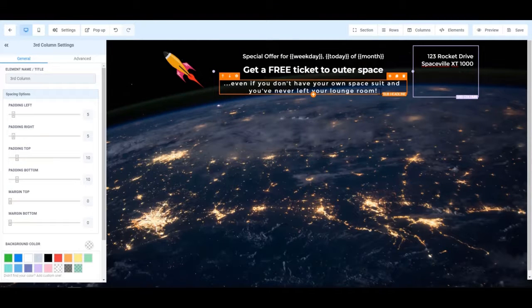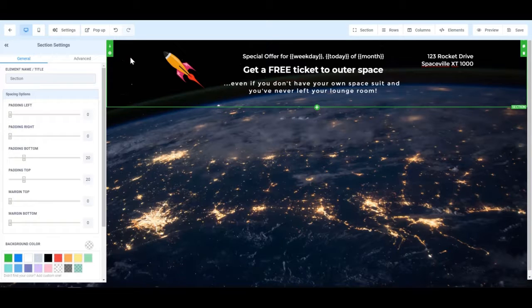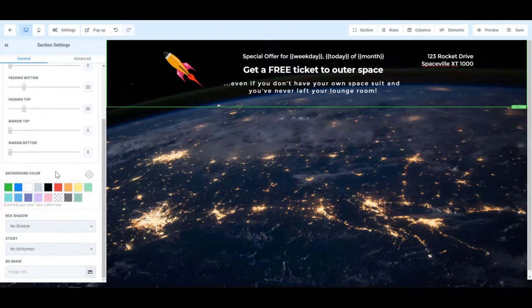Now you might notice here that it's a little bit difficult to read this text. So I want this background to be a little bit darker. However, what you saw in the background settings was simply fading the background. So what I'm going to do is put an overlay on this. So within the settings of my section, remembering the section is the master level,